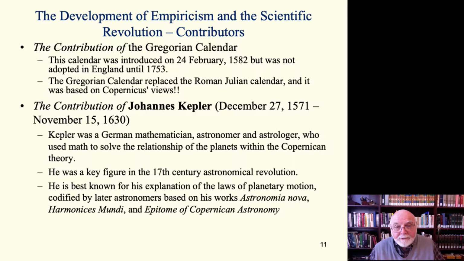The Gregorian calendar was developed. There's an interesting story behind it, replacing the Julian calendar. And what's important about it is Copernicus's views. And there's also the background history here, by the way, of the story of navigation and the trying to develop how you would find the longitude position when you're navigating. If you're interested in sailing or history of navigation, that becomes an interesting topic and an interesting point of debate.